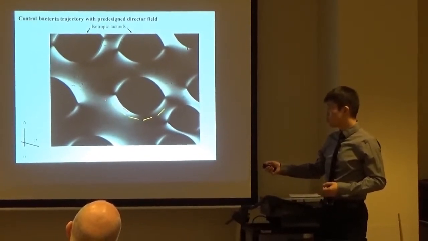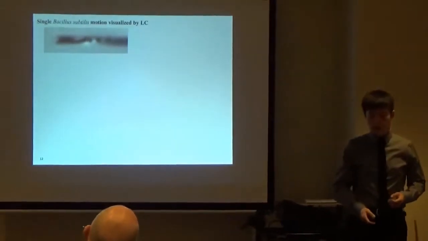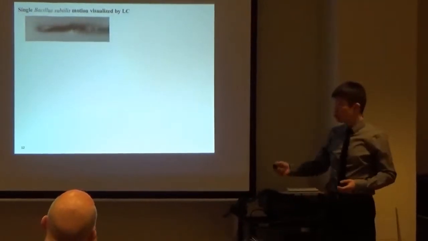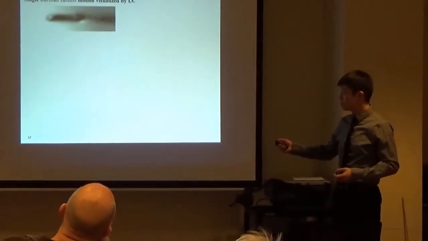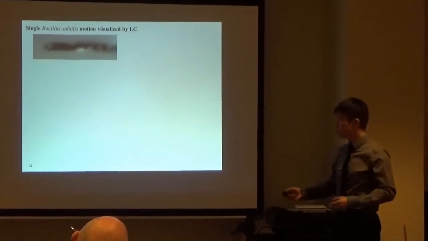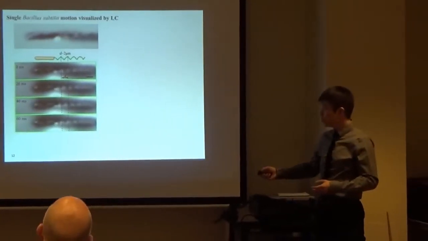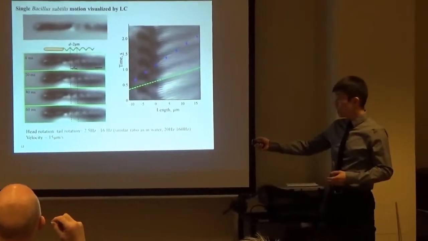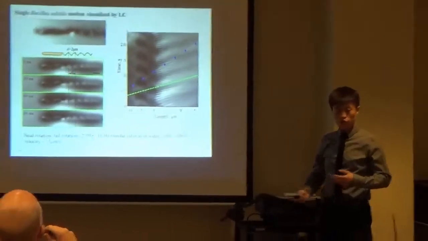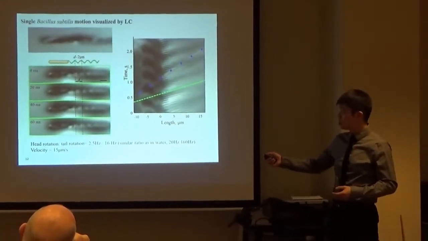So when the bacterium approaches, it swims along this boundary. If you look closely at one bacterium, you see these interesting patterns, these alternating black and white dots that are traveling backwards. You can get useful information from this pattern by just looking at them at different time frames. From here you can deduce useful information like the pitch of the flagella rotation is 2 micron,